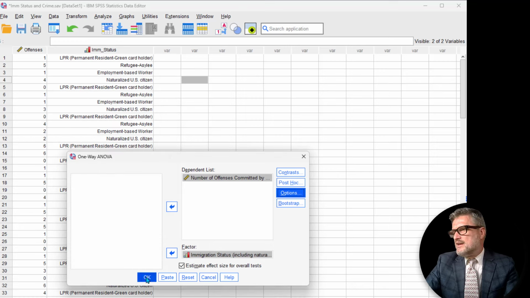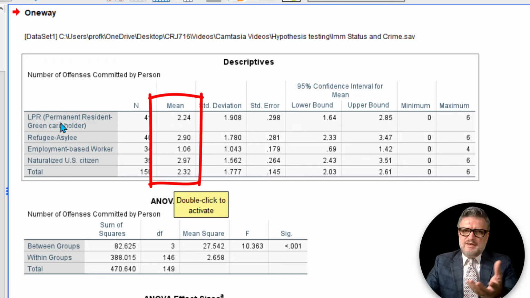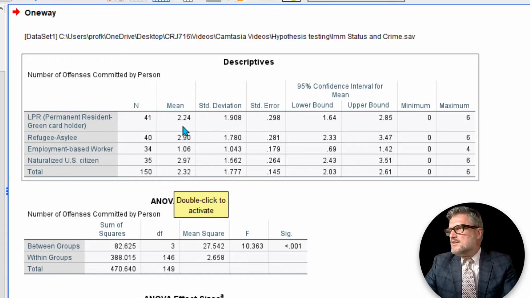And let me show you a couple of things. The first thing is the descriptive table gives you the mean number of offenses committed by each category. So it happens, again, fictionally, that LPRs committed 2.24 offenses on average, and with the least number of crimes committed on average is by employment-based worker.